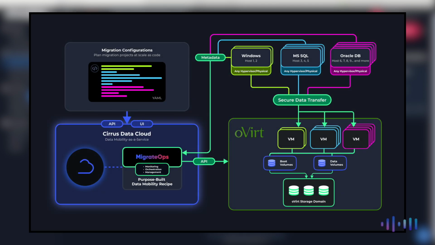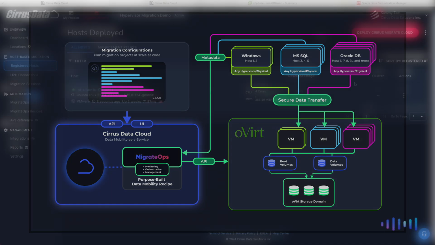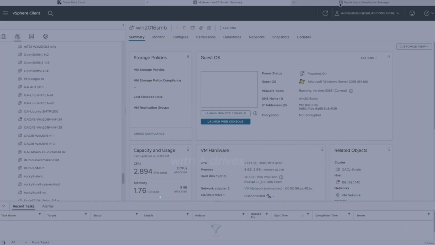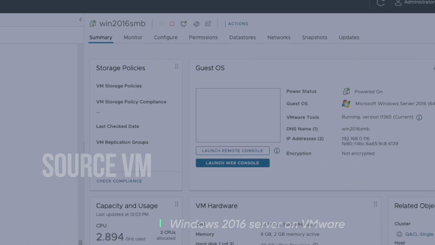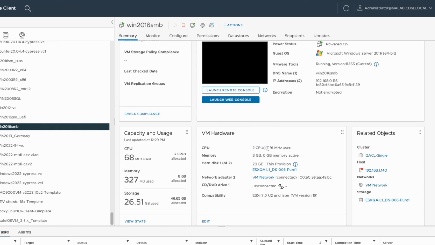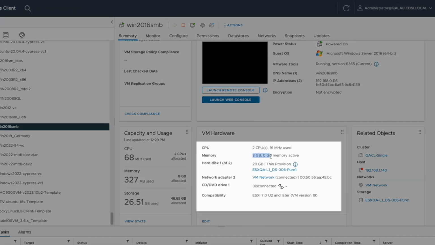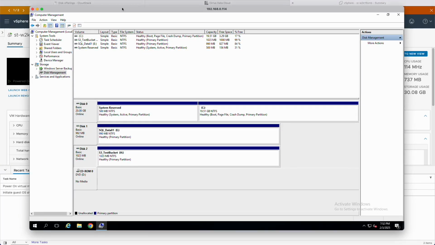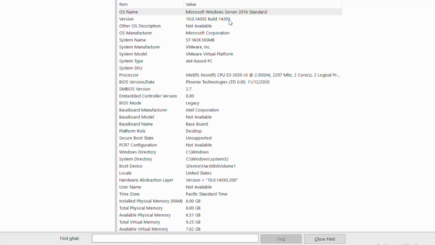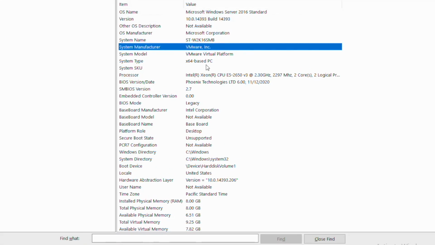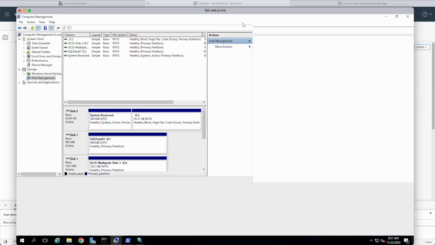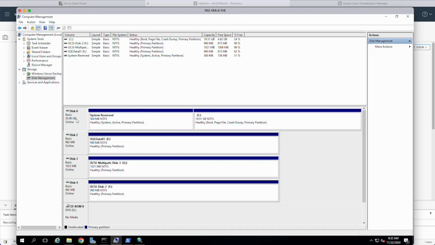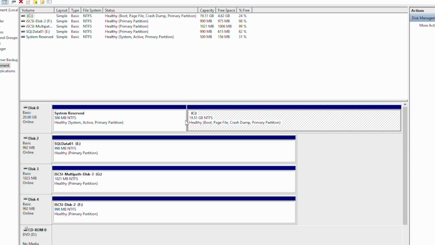Today we are going to show you how to migrate your VMware virtual machines to oVirt OLVM with Cirrus Migrate Cloud. For this demo, I have a Windows 2016 SMB machine running on a VMware server as our migration source with 8 GB of memory and 2 CPUs. Connecting to it, we can see that this is a 2016 Windows server running on VMware with an Intel CPU. Under disk management, we have these 4 disks to be migrated, a 20 GB boot drive, and 3 EFG 1